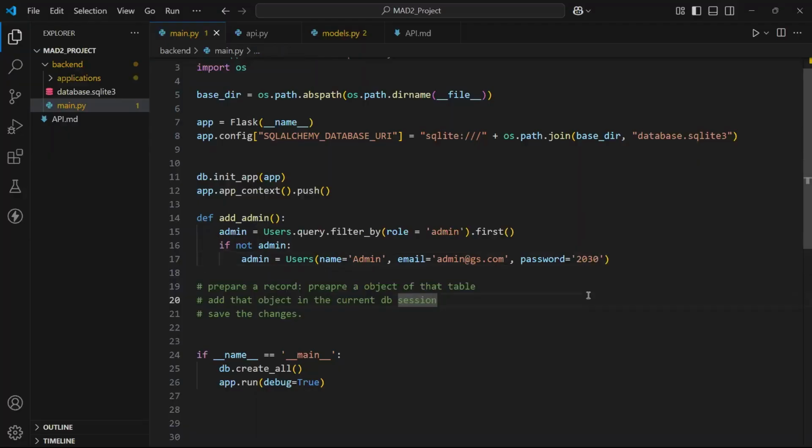Now, Mad 2 guys would be wondering if they have used bcrypt and any password hashing things in their Mad 1 project. But I will not be using any password hashing here, because we'll have to constantly look for the passwords. And if we don't remember the password, that will be a problem. And also if you are not writing the password anywhere, or not saving it in your browser, do not use any